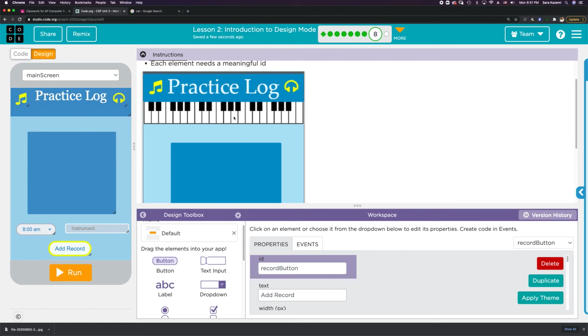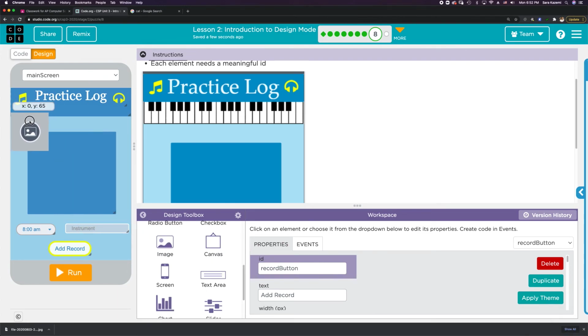So this image, you could do this in a few different ways. You can try to create it. You can try to find an image on the internet that looks like it, or I'm going to kind of take the cheatery way out. I'm going to take a screenshot of this guy. You can use the snipping tool on your laptop, or you can just Google an image of a keyboard. Either way you want to do it, but you're going to wind up with a picture on your computer. So then you're going to go ahead and drag one of these image guys over and then kind of resize it